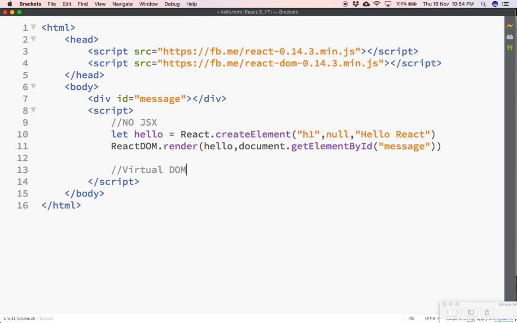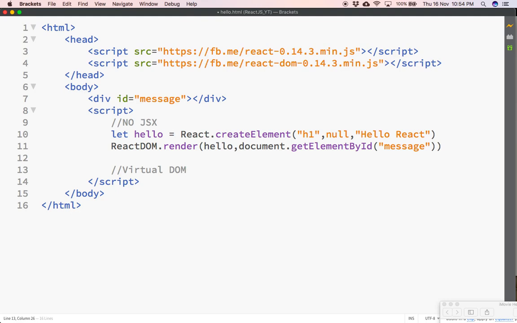Now this looks fairly simple, but as I said earlier, if you're going to have a lot of div tags and paragraph elements and text boxes in a single page, doing that directly on your DOM is very expensive. And here is where virtual DOM abstracts the whole stuff. It takes in all the updates and finds out the difference, and then finally goes and touches your real DOM,